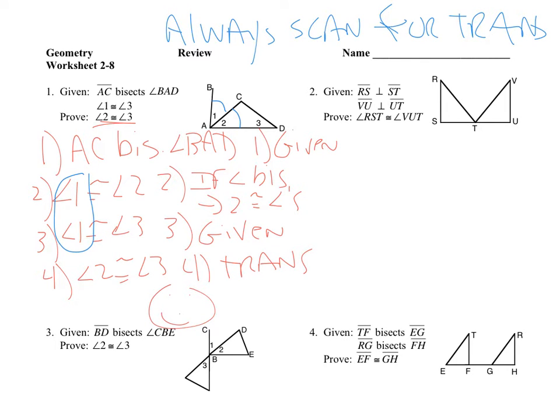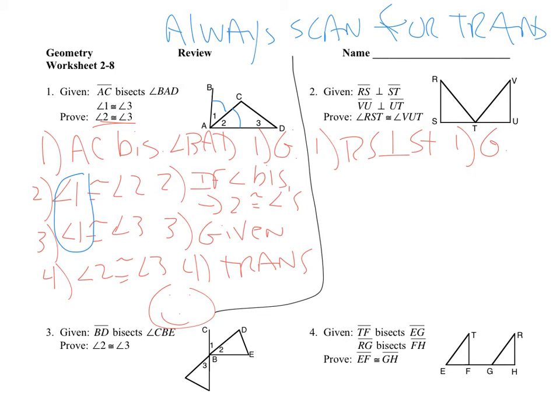I'm going to erase just a little bit of that, just to get that G there, because I need the space. So let's put a line between 1 and 2. So now number 2, we have RS perpendicular to ST. That's a given. I'll just put G. RS and ST are perpendicular. So that forms a right angle. We should automatically know that we have a right angle there. So we'll say that